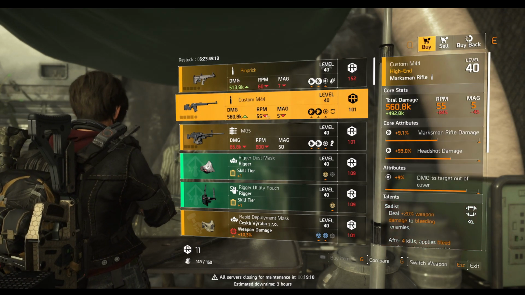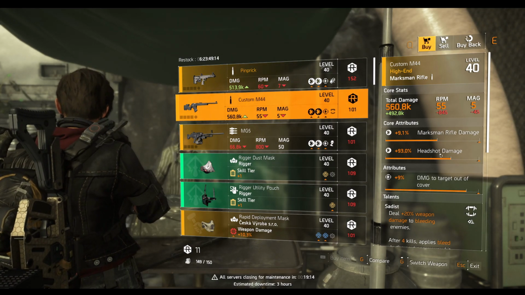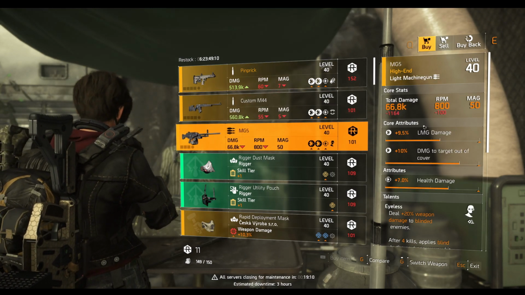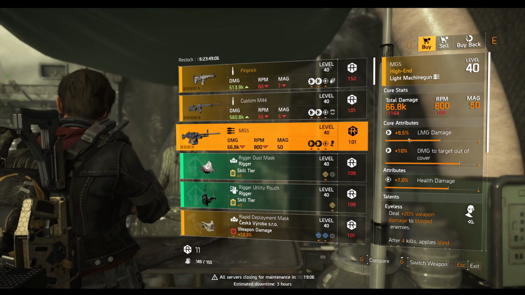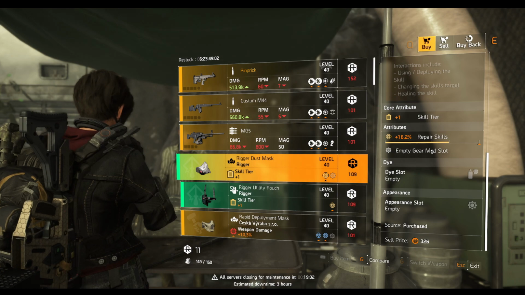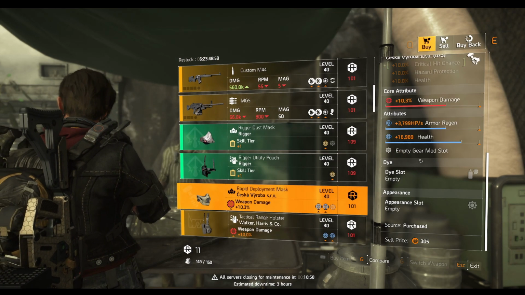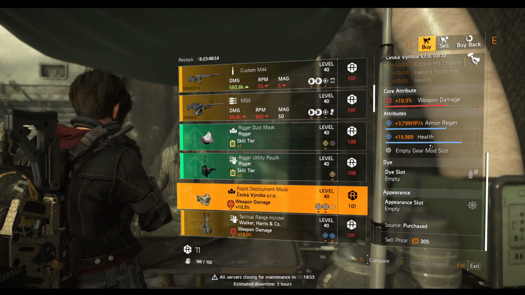Next we have the custom M44 marksman rifle with Sadist talent, 9% of damage to target out of cover, 93% of headshot damage, and 9.1% of marksman rifle damage. We have the MG5 LMG with Eyeless talent, 7% of health damage, 10% of damage to target out of cover, 9.5 LMG damage. A Rigger Mask with 16.2 repair skill, a Rigger Holster with 8.4 status effect, a Sheshka Mask with 10.3 weapon damage, 3,799 armor regen, and